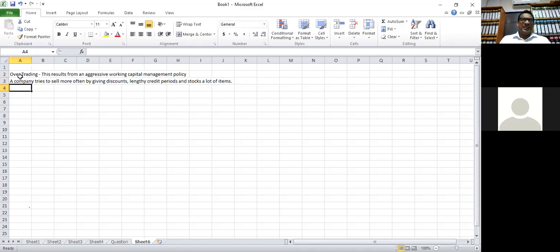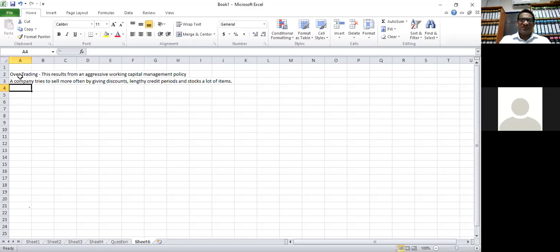They're giving discounts. Of course, you will have expenses in the P&L. Then they are giving lengthy credit periods. Then what will happen? You will not collect money immediately. You will have to borrow and pay interest. And some of these people might not pay later. They will go bankrupt. Also you will stock a lot of items. You will have a huge inventory cost, stock holding cost. Some of these stocks might not be usable after some time.